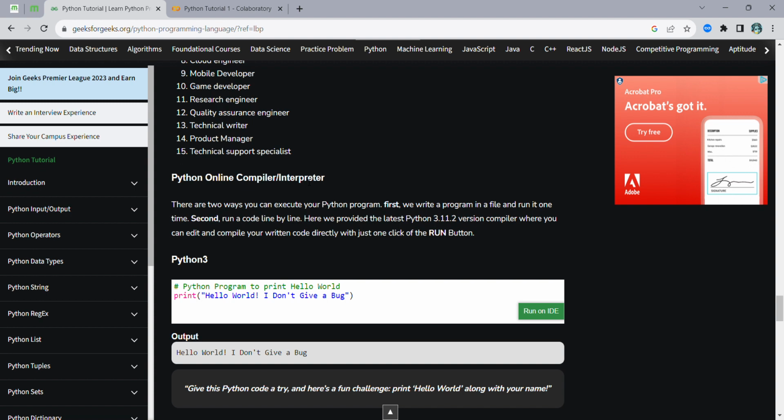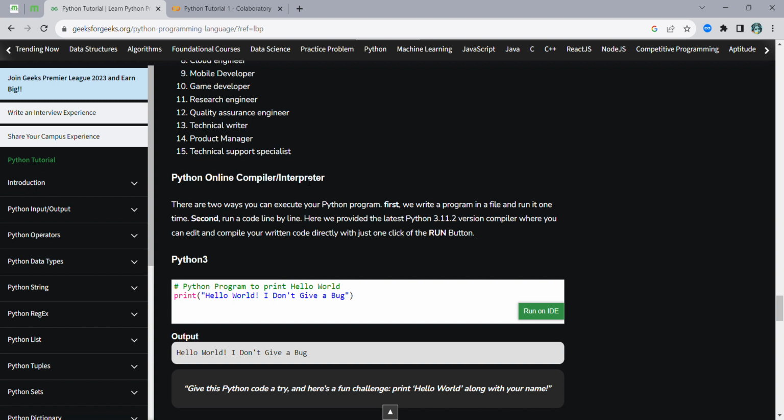And what is a compiler then? A compiler is something where all the code gets checked at a single time, right? So there we have the whole code and it is checked at a particular time, right? But in an interpreter, the code is checked line by line. So this is a basic difference.